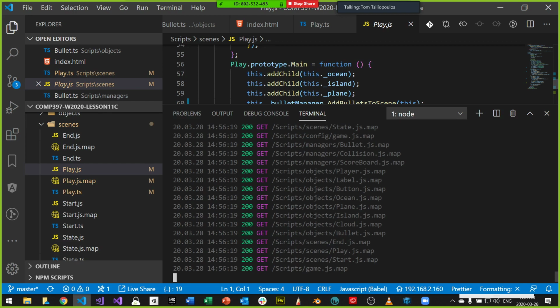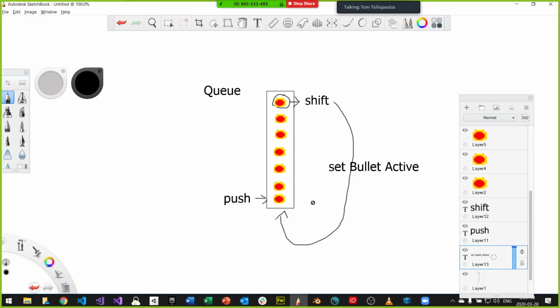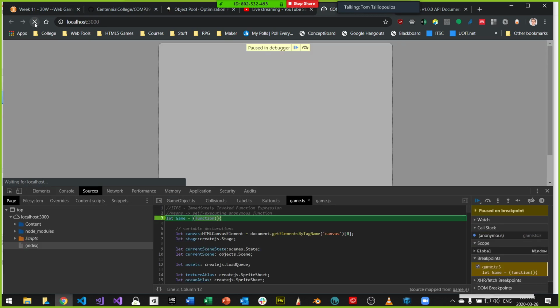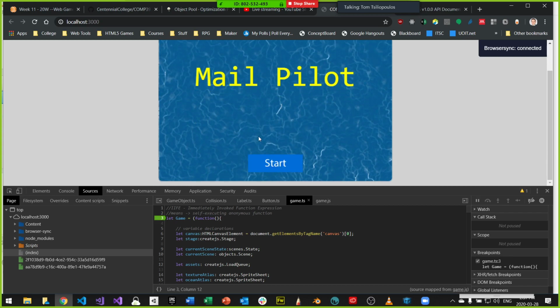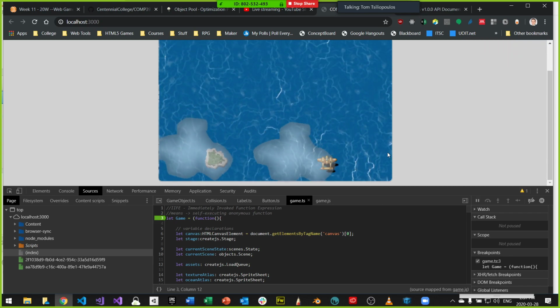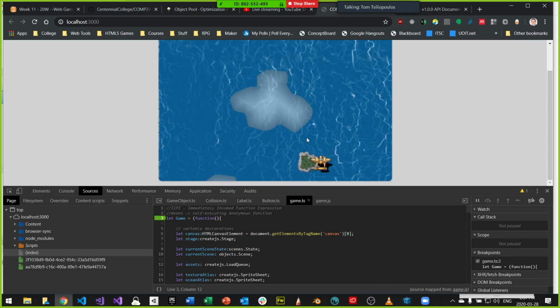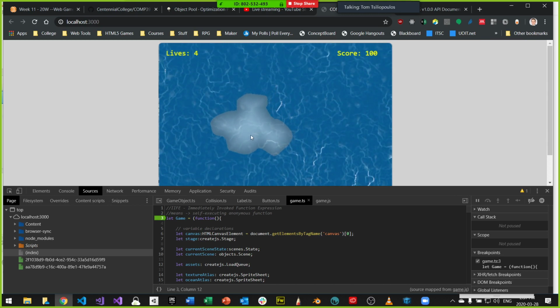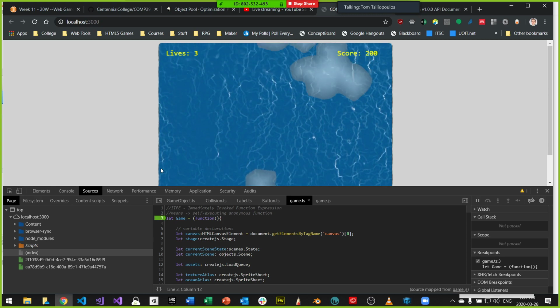So again, what we want to do is go to here and refresh. Yeah, this is what I was thinking. And then let's see if that works, right? So yeah, there's no bullet. What happened? How come my bullet didn't appear? And what's happening to this thing? How come it's not going?